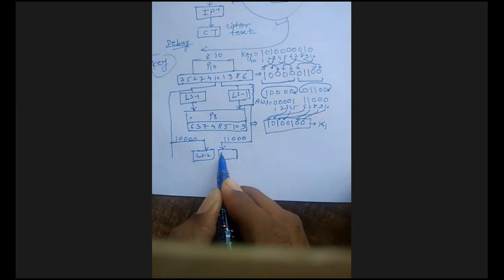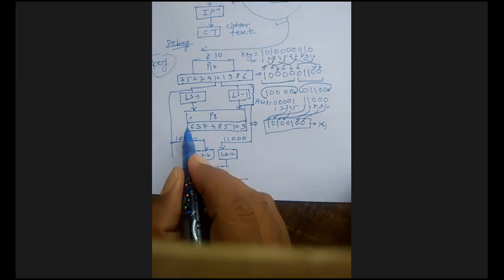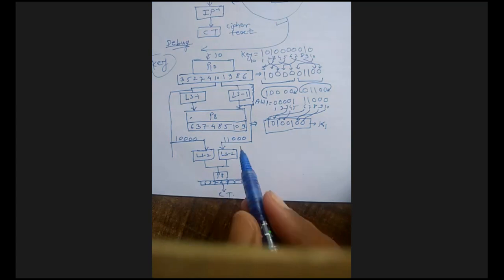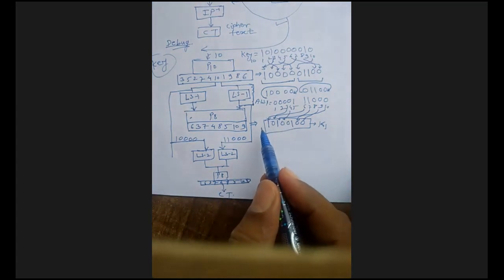Here again I have to put my LS2. Is it LS2 numbers? Now I have to combine again for my P8, because I have to get my 10-digit number. Okay, that number I have already shown you. This is the 6 3 7. The same numbers you have to consider over here. 6 3 7 4 8 5 10 9. The same numbers over here I have. So that's how I have to write. And then your output ciphertext is here. Now, how can we perform it? Up to now, we have performed it all.